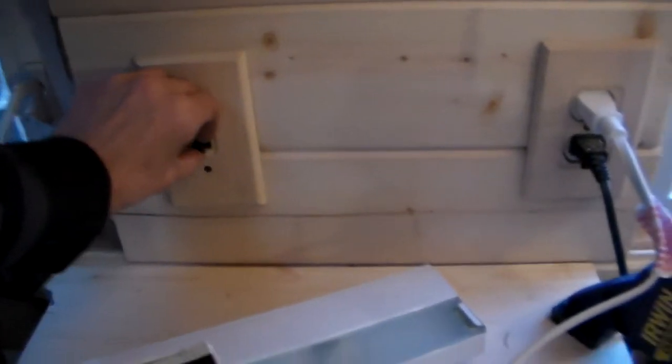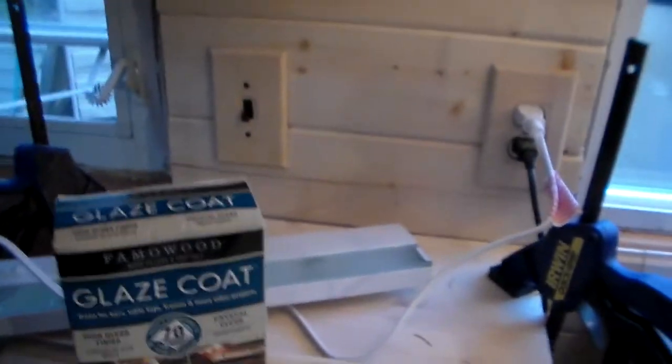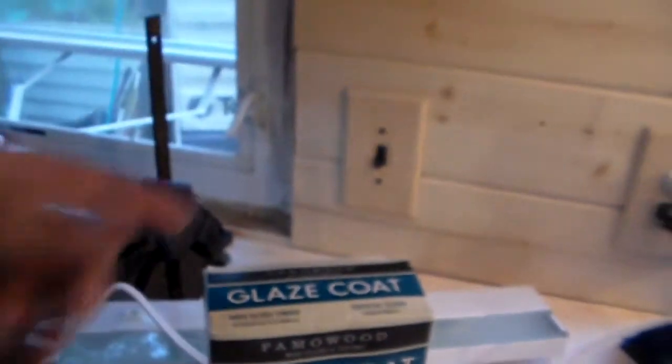And then, like I said, I'm hooking it up to this switch right here, so I'll be able to turn it on and off that way. I'll just either leave it on high or low on the little button switch there, and then my regular light